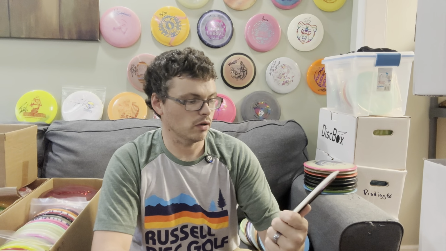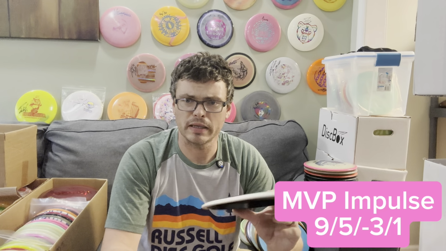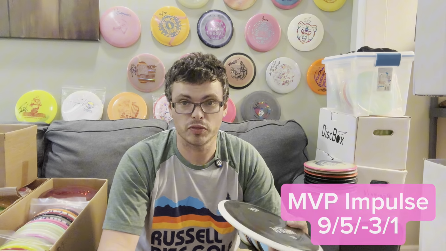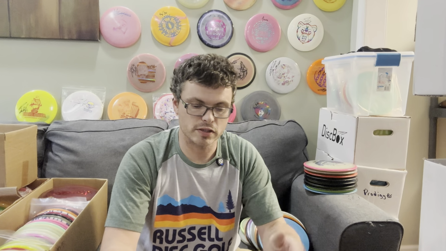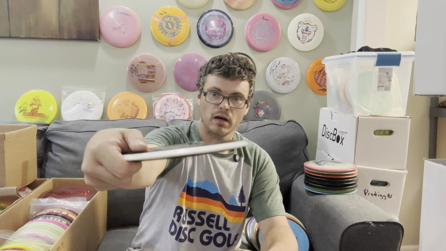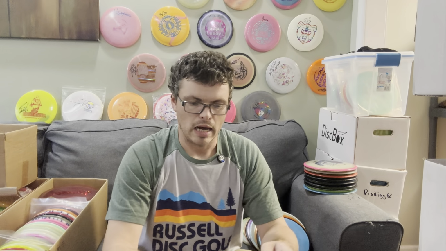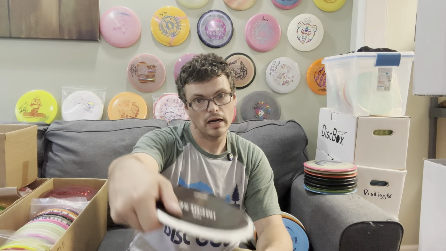Next was the disc that I found out that I really loved, which was the MVP Impulse. This is like a super flippy 9-speed. Not super flippy. It's like a Roadrunner, so it's equivalent to their Roadrunner. Great for backhand flip up to turn shots or just long turnovers. I loved the Impulse, threw it a ton, and would highly recommend it for, you know, backhand turnovers or hyzer flip